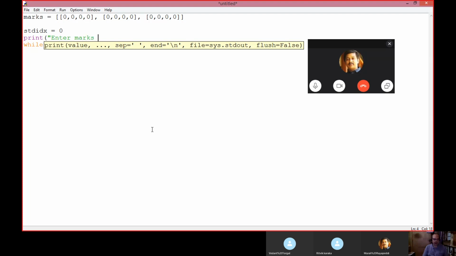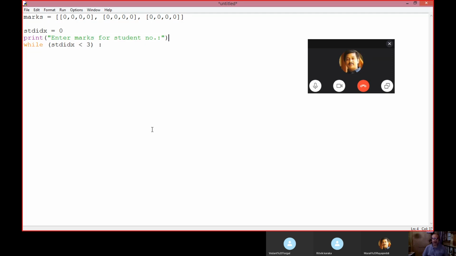Enter marks for student. You are giving a prompt. And then in that, another thing is that we have to also get the subject.